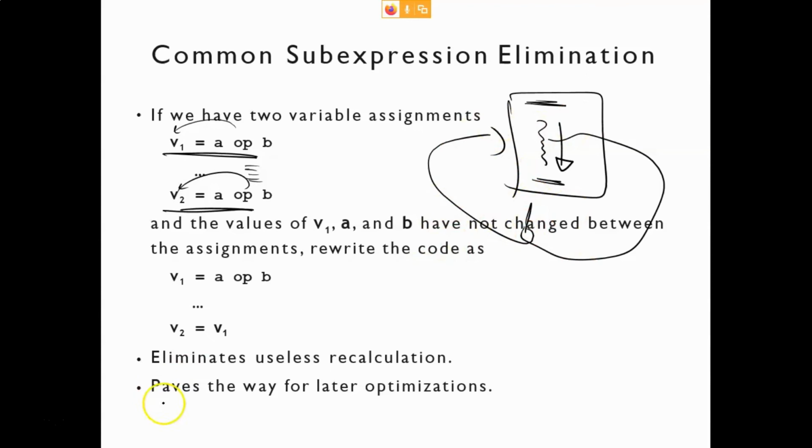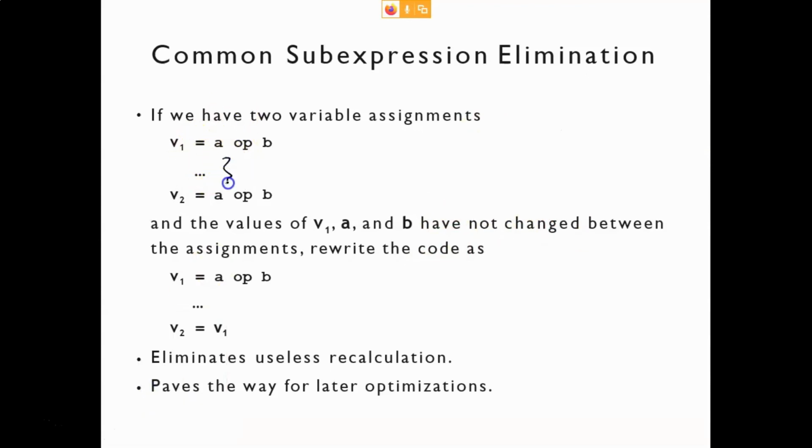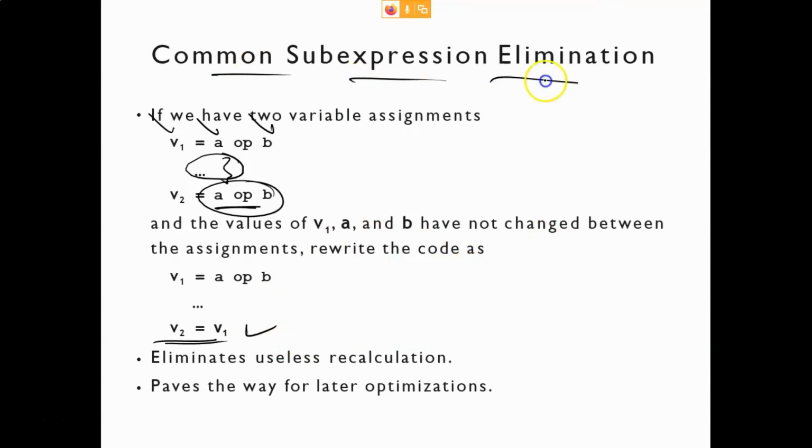So between these statements, if you are not changing the value of A or the value of B or the value of V1, then you can replace this A OP B with V1, because you don't have to compute it again. So this is called common sub expression elimination, and this is in the GATE syllabus.